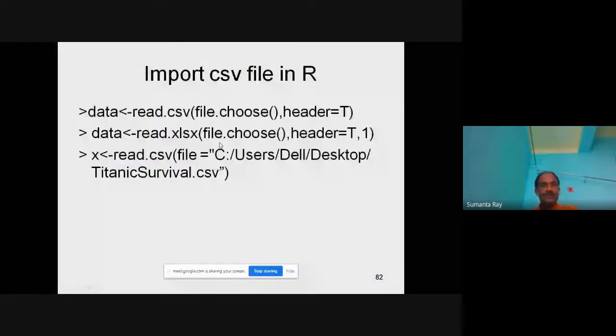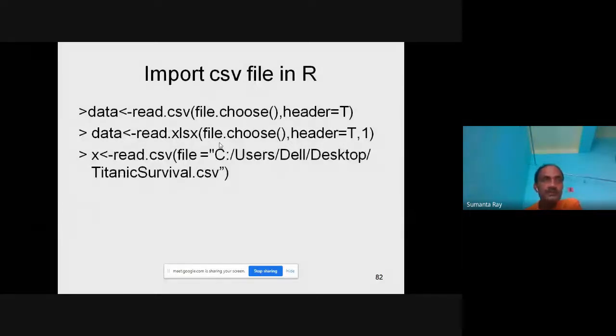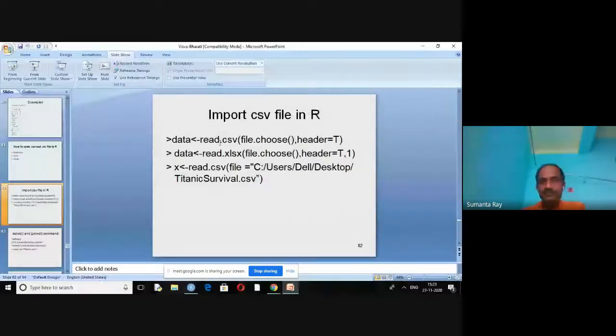Actually, in this session, we are trying to analyze some data analysis file by using R. To analyze a file, first we have to input the actual file, and that may be a .csv file, an XLS file, a doc file, a Stata file, or an SPSS file, whatever file it is. First we have to import it. Clear? So how to import the CSV file in R? First we have to understand this particular thing.